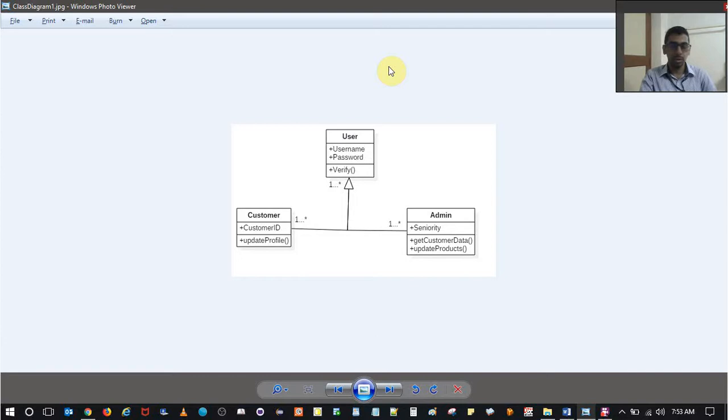Okay, here we have the user attributes, that is username and password. So a user can be anyone, a customer or an e-commerce admin. A customer also has a username and password. An admin also has a username and password. A customer, to make it more unique, has a customer ID, and an admin has his own seniority level,